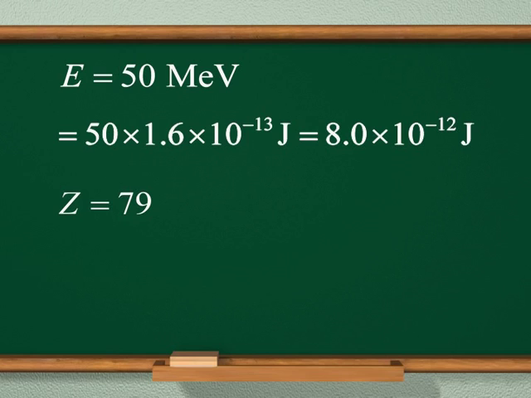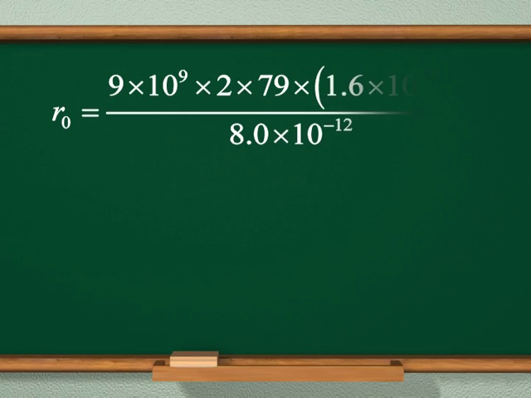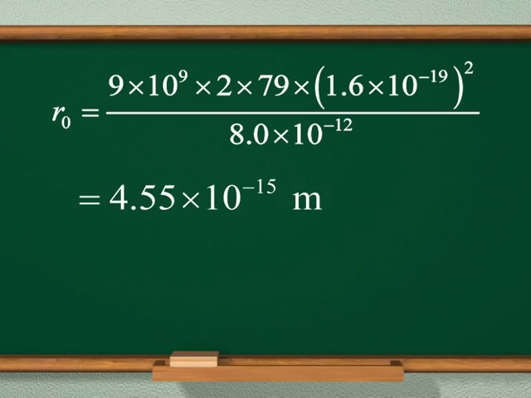Since the distance of closest approach r0 is equal to 1 by 4 pi epsilon naught into 2Ze square upon E, therefore, r0 is equal to 9 into 10 to the power 9 into 2 into 79 into square of 1.6 into 10 to the power minus 19 upon 8 into 10 to the power minus 12. This is equal to 4.55 into 10 to the power minus 15 meter or